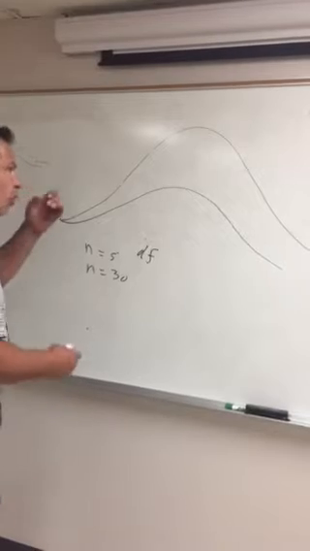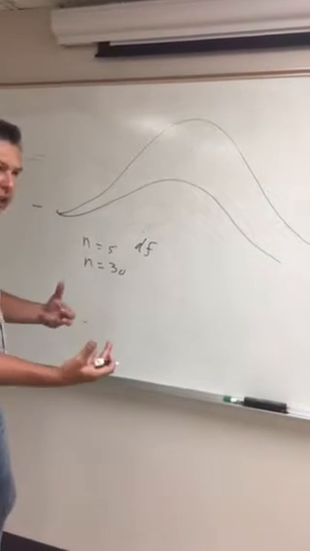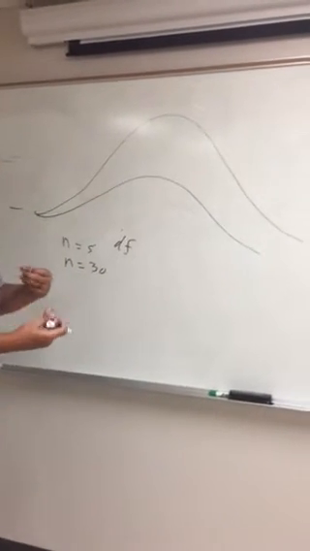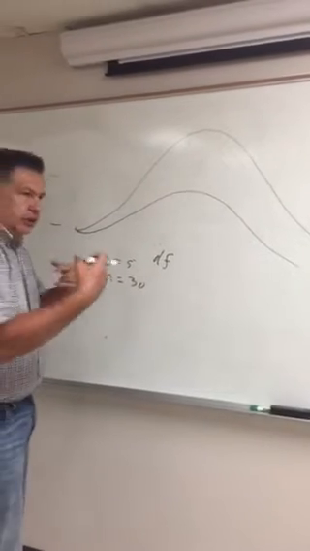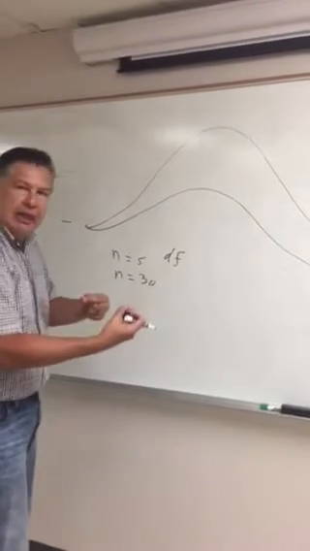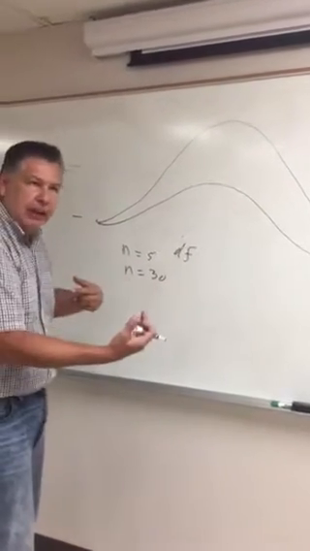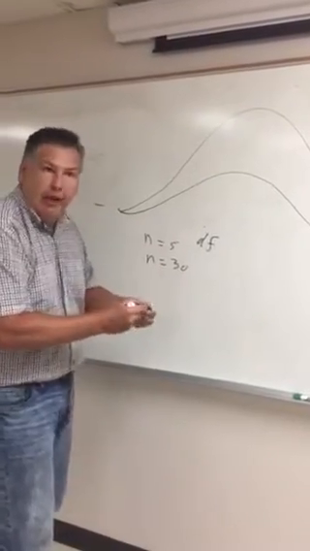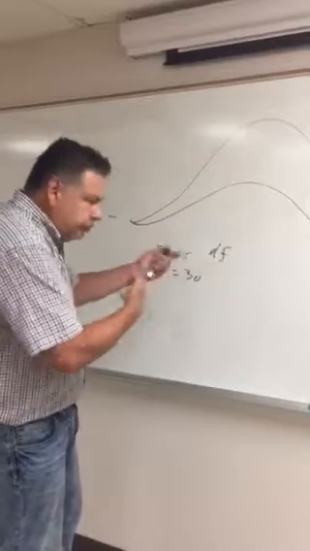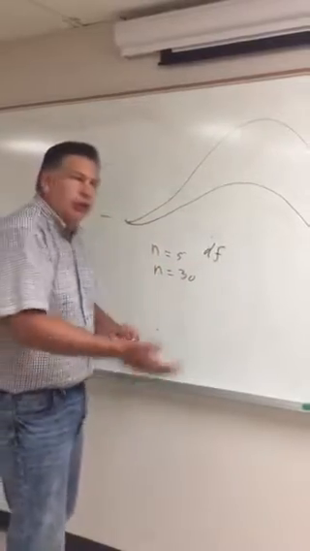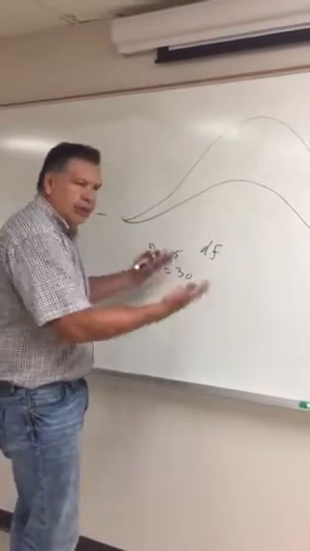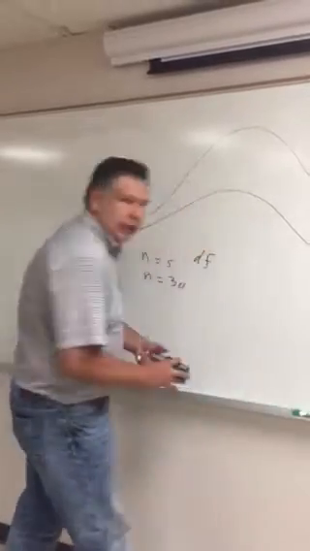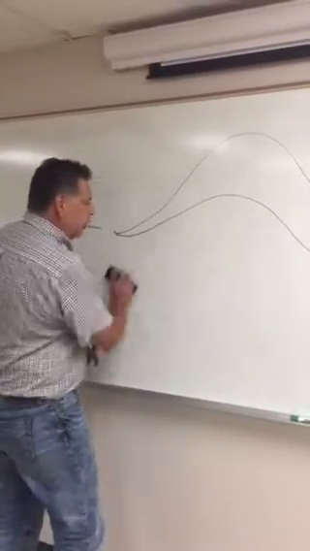Now, when we look at a t-test, we're usually comparing the means of two samples. It could be dependent samples, independent samples, or a sample compared to a known population. So what you're looking for is going to depend on what statistic you use